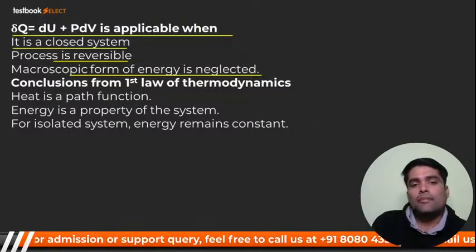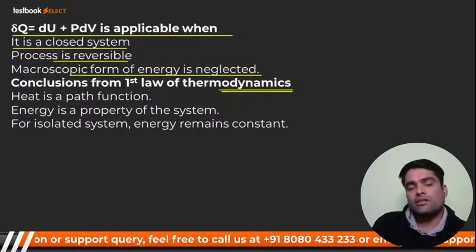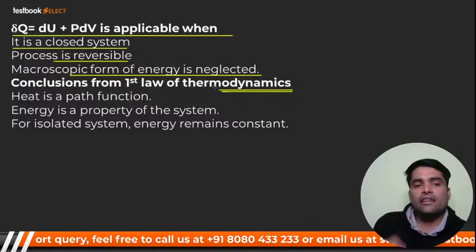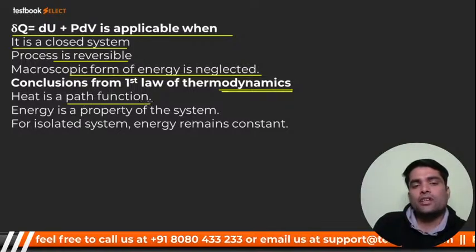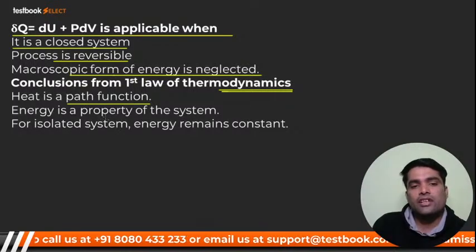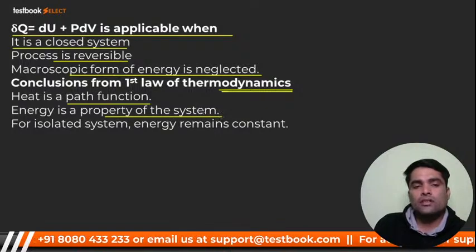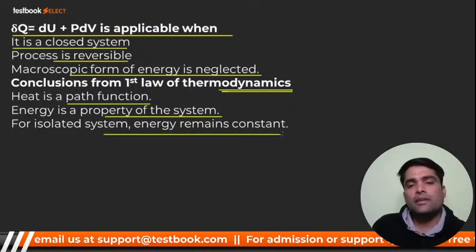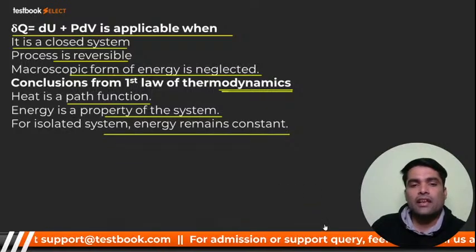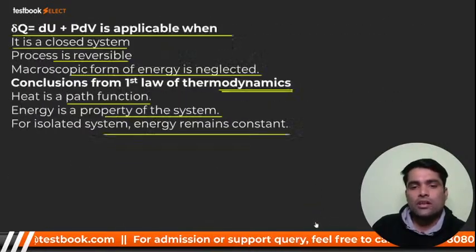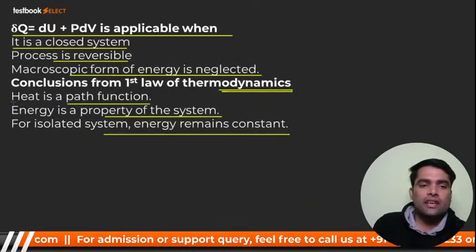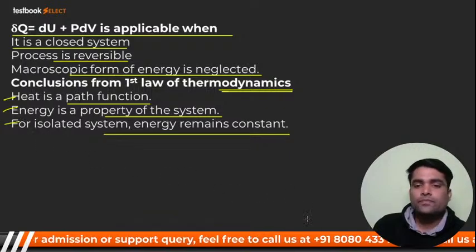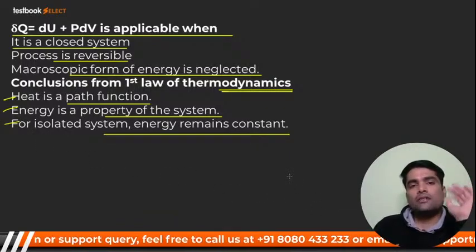अब इससे क्या कंक्लूजन निकले थे आपने फर्स्ट क्लास से, देखिए, हीट क्या होगी, पाथ फंक्शन। एनर्जी इज अ प्रॉपर्टी ऑफ द सिस्टम, एनर्जी प्रॉपर्टी कहलाएगी। एंड फॉर आइसोलेटेड सिस्टम एनर्जी रिमेन्स कांस्टेंट। ओके, सो ये तीन थे, और एक है आगे बताता हूं, बात याद रखिएगा।